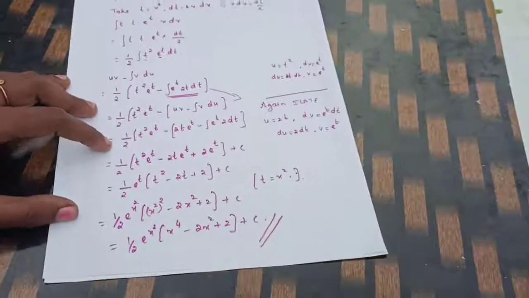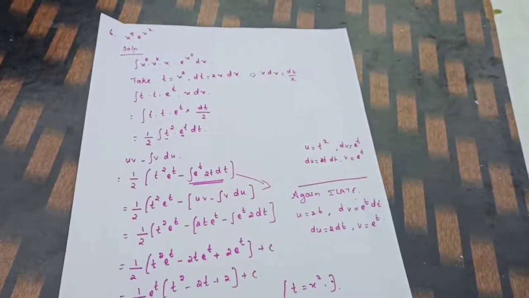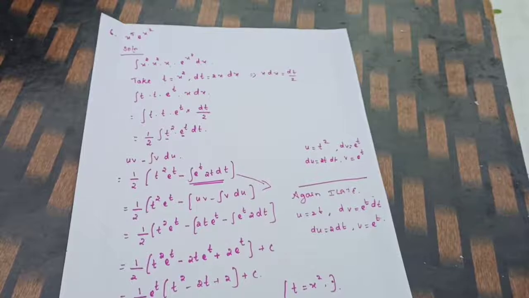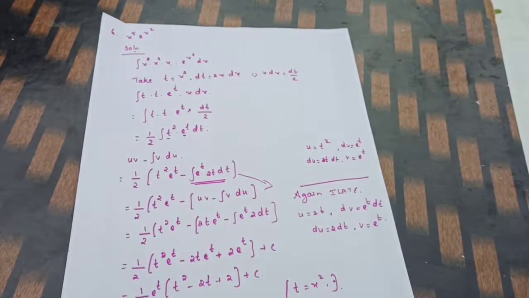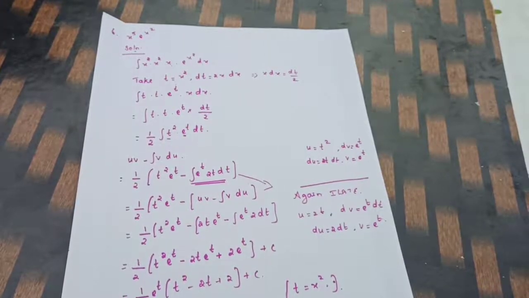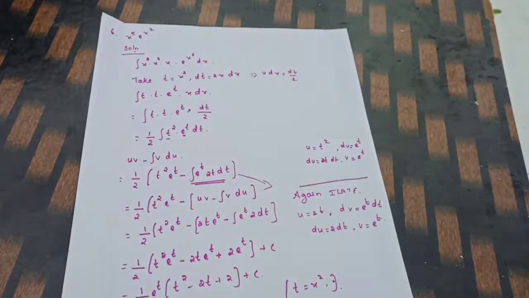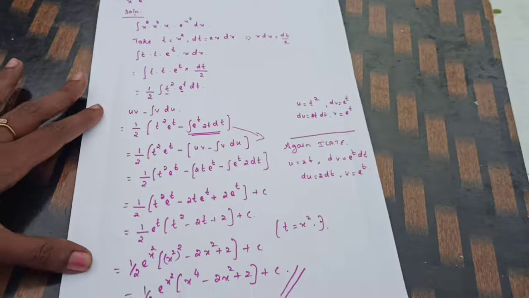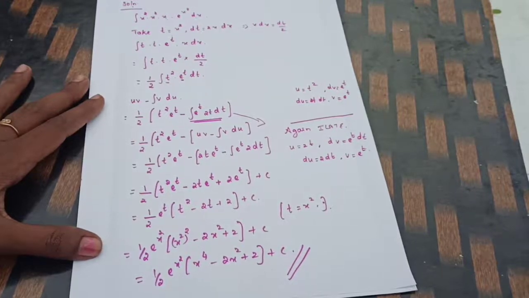Understand? This is all. Okay children, I hope you got some idea. So x power 5 into e power x square, first you changed it, then t equal to x square, dt equal to 2x dx, and afterwards t e power t dt. Okay, afterwards using ILATE you need to solve it, and finally, don't forget, before writing the answer, in the place of t you need to substitute the t value there.